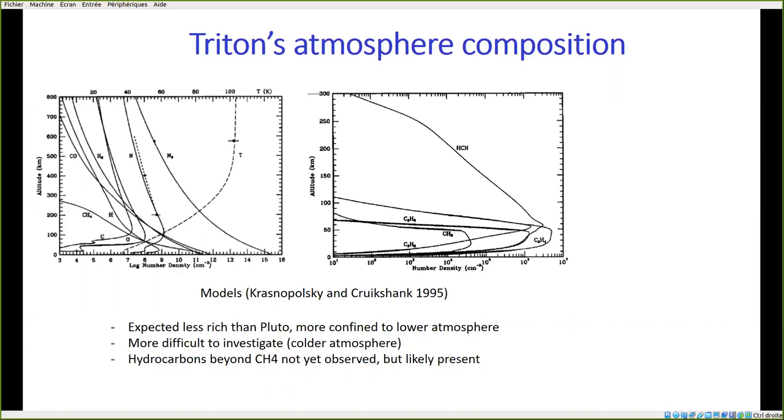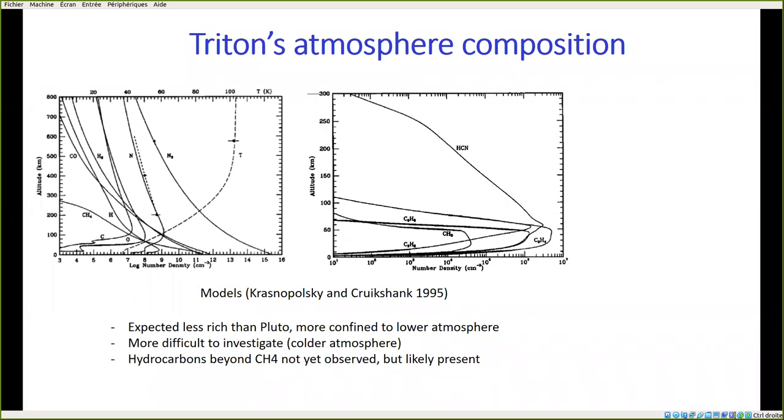So the methane photochemistry is restricted to the lower atmosphere, while in contrast, nitrogen is photolyzed higher in the atmosphere, typically around 300 kilometers. So essentially, we have here a decoupled chemistry of methane in the lower atmosphere and nitrogen in the upper atmosphere. So in this case, the production of nitriles is expected to be much reduced compared to